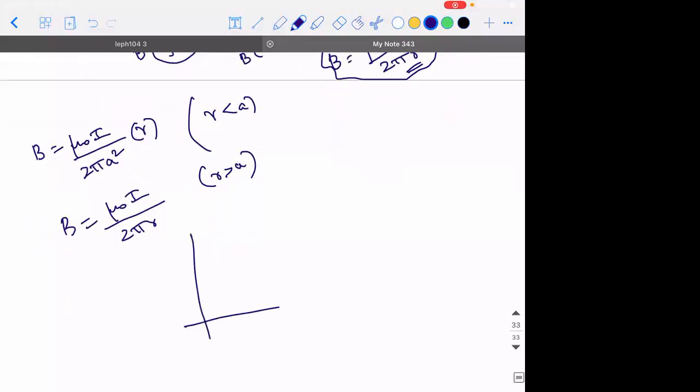So when you draw the graph of the variation of B and r, for a value of r which is less than a, on the left of it, you will get a straight line like this. And for a value which is greater